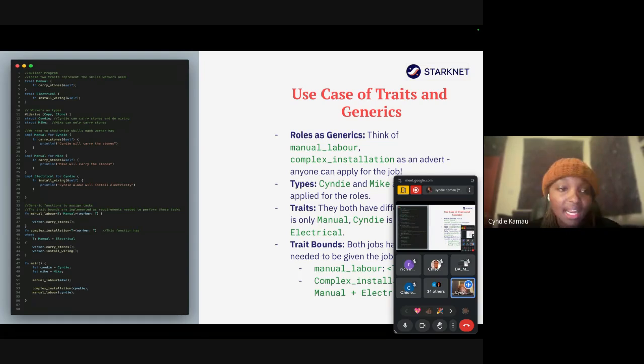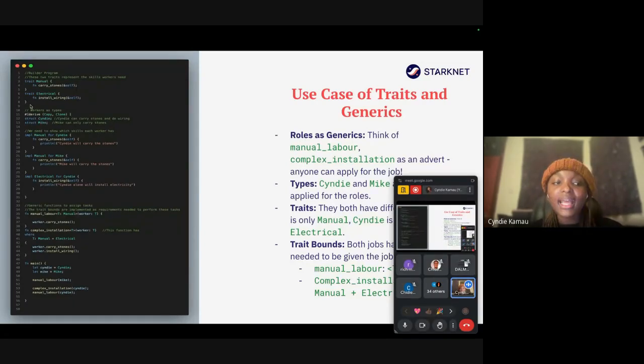Yeah, so it's still the same in Cairo, right? So we need to show, okay, here when I have this thing called impl, it's like implement. The reason why I have struct here is because I need to implement some of the things between my workers, Cyndie and Mike. That's why you've seen I've not put them as variables, because if I wanted to, I could have said, let person 1 equals to Cyndie, let person 2 equals to Mike. But now I want to implement some specific methods for my workers here, right?